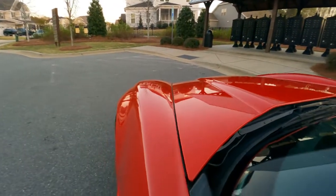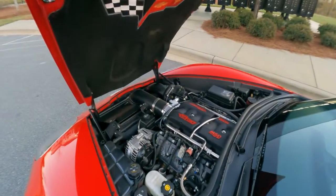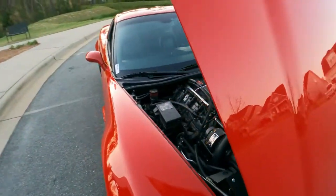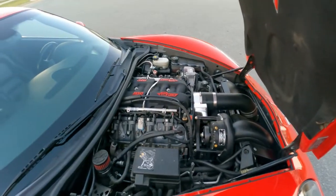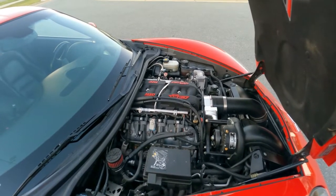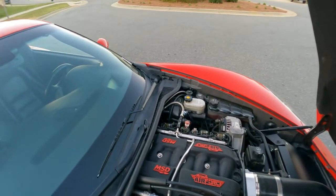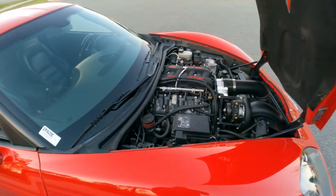And let me pop the hood for you. It has an ECS kit, the Novi 1500, which is a 1.5 liter centrifugal supercharger, compared to the ANA, which is a 1.2, so I've been told, talking to Doug over at ECS. Supporting mods are needed with the LS7. The hypereutectic pistons will be your first thing to let go on a boosted application, and as you can see over there, I've got a flex fuel sensor on this thing too,